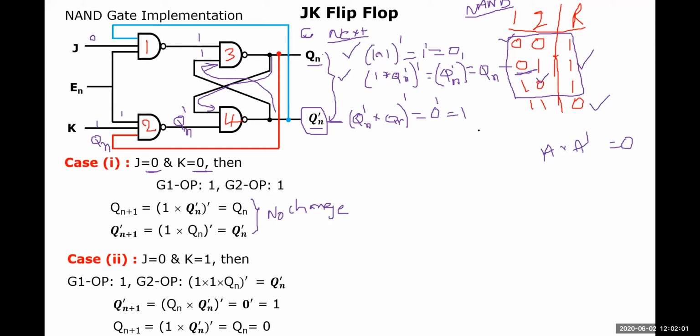So already we have one value at the Qn complement. Qn complement does have 1 as value, and with reference to this value you have to substitute here. I hope that you understand what I'm speaking. So Qn complement has the direct value 1, and 1 will be substituted here. 1 into 1 whole bar equals 0. Therefore, Qn plus 1 whole complement equals 1 and Qn plus 1 will be equal to 0.